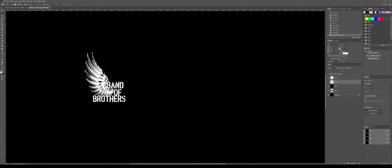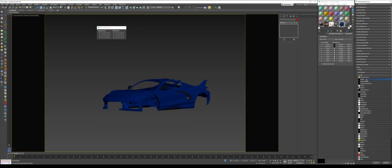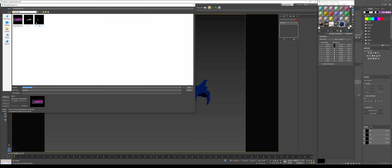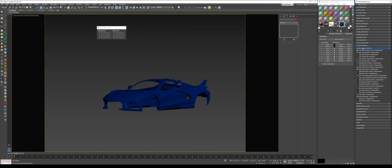All right. So now going back to 3D Max, we have our car paint. And so what we'll do is, like in real life, the decals are always going on top of the clear coat because you're not putting the decals on and then clear coating it. So what we'll do here is we'll go to bitmap. We will load L1 because I want the other one to sit on top of it. So we'll do that, and then I'll just throw on like a blue or orange paint on there,